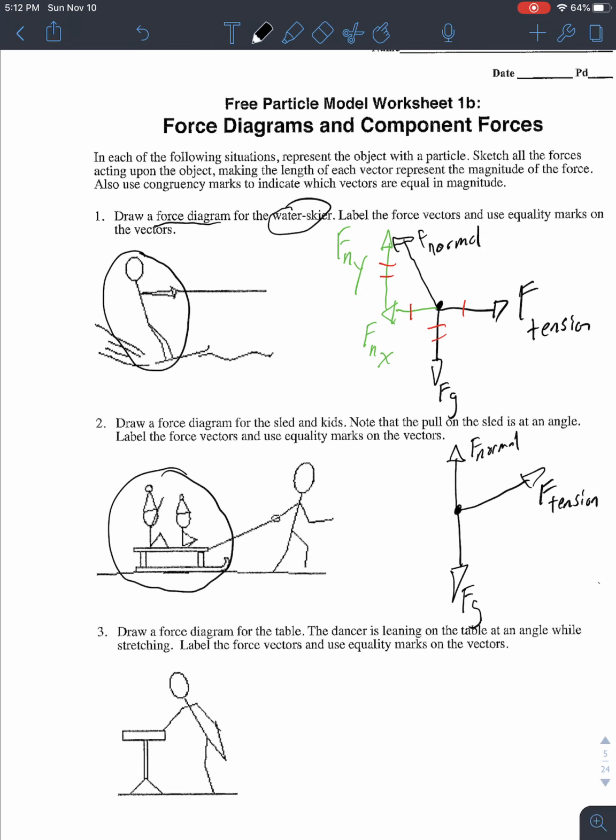Now, assuming, again, they are moving at a constant velocity, there are some components going to the right, so we would have a force going to the left, and that would be due to friction between the snow and the sled. And if you notice, the only force not in the X or Y is tension, so we'll have to break that up into its X and Y components. So we have force of tension in the X, and then force of tension, it's a little hard to fit this in,